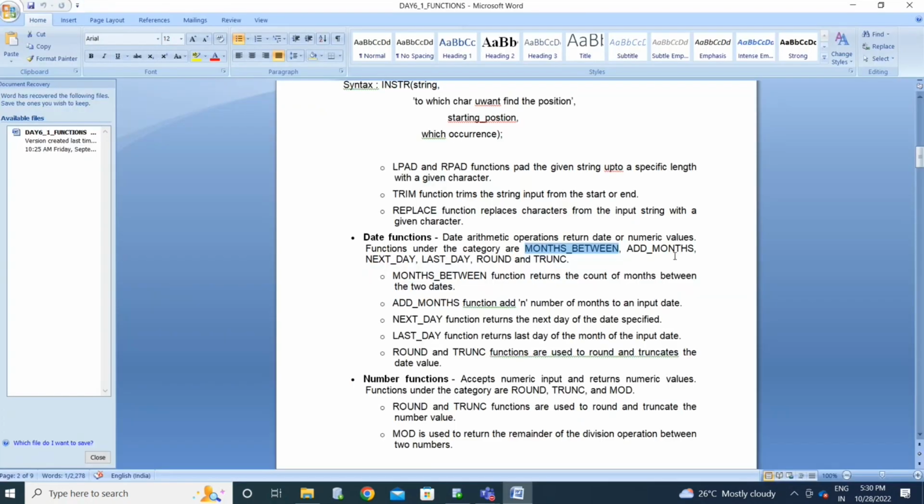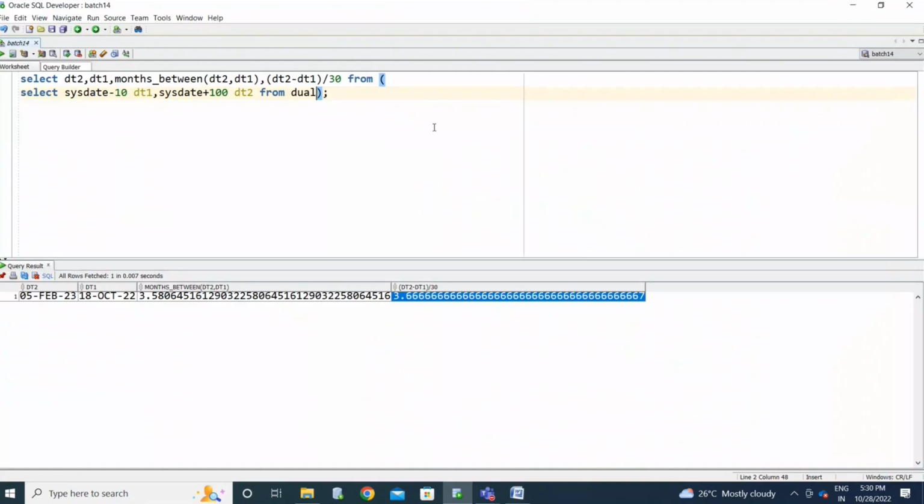Add underscore months. Now I need to add 1 month of value to the date. I cannot just add 30 days every month, because for some months I need to add 31, so the difference is not constant. So if you want to know that particular value, now we are in